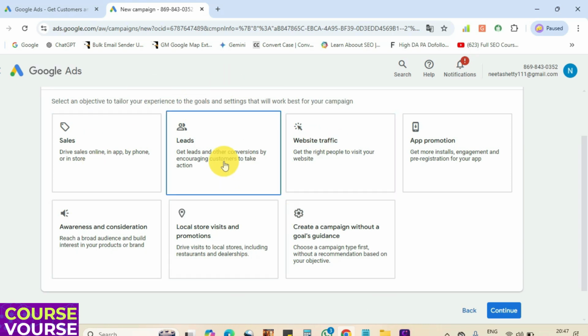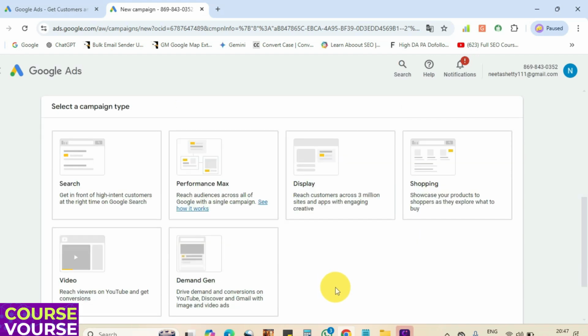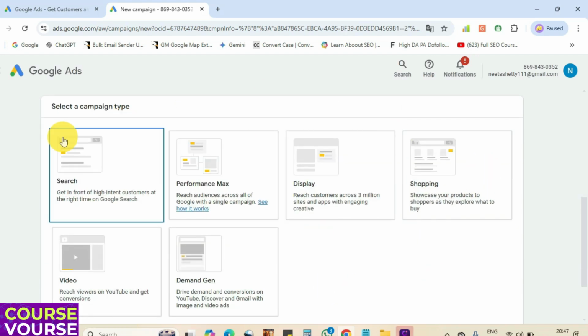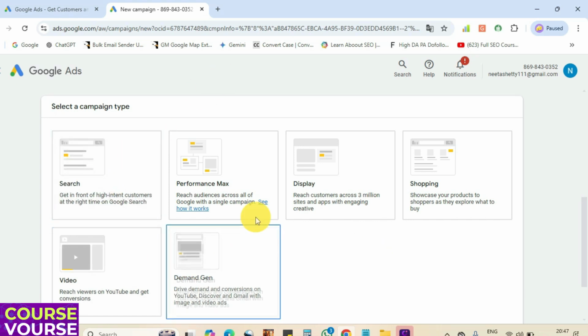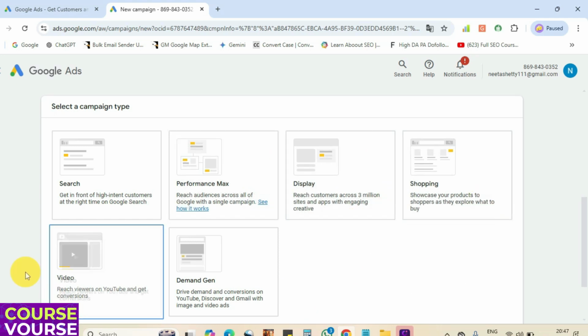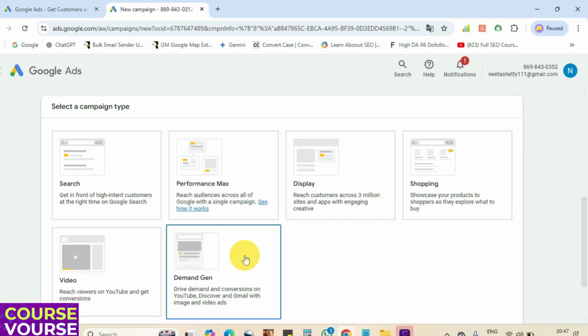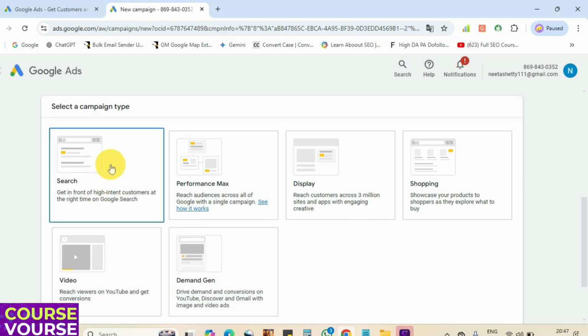For example, if I choose leads, then Google will give me the kind of campaigns that I can use for this particular objective. So with this objective for leads, I can go for a search campaign, I can go for a performance max campaign, display campaign, shopping campaign, video campaign, and demand gen campaign. So going forward, I will suggest what objectives we can use for particular campaigns, but for now I would